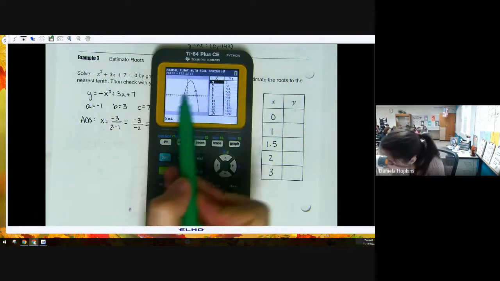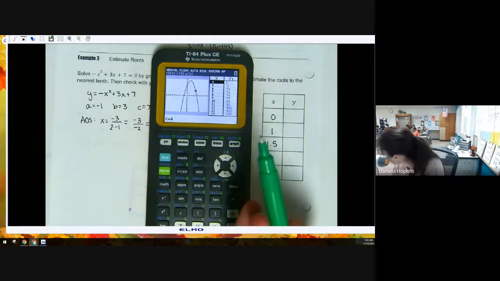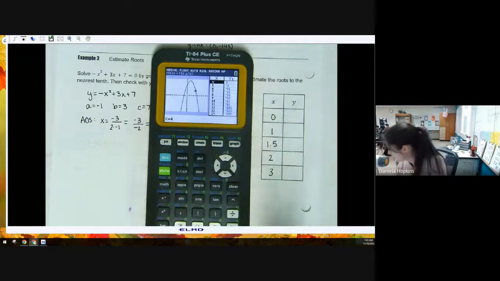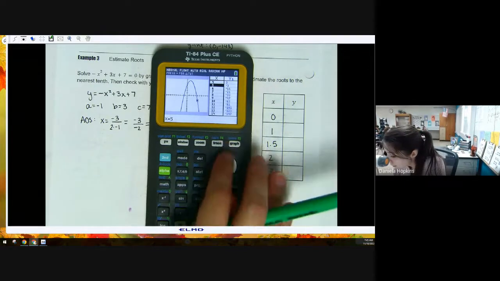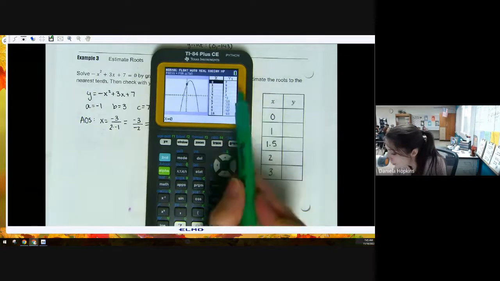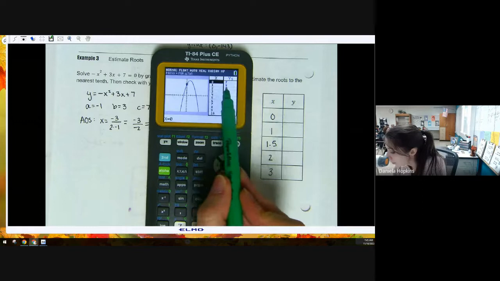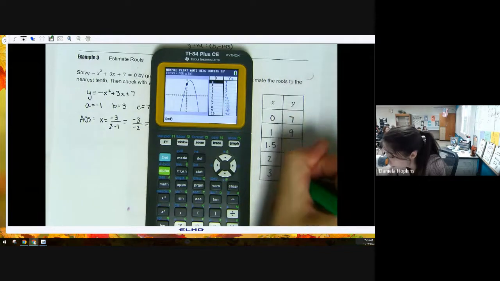I think I can see that my roots are going to be at negative 1.5 and positive 4.5 about, and I'm good with those estimates. You could do that. But if I do want to fill out this table, I'm sort of stuck because I don't have a value of 1.5. And you can see that that repeat happened somewhere in between those two nines, right? So I know this is 9, this is 7, this is 9, this is 7, but I have no idea